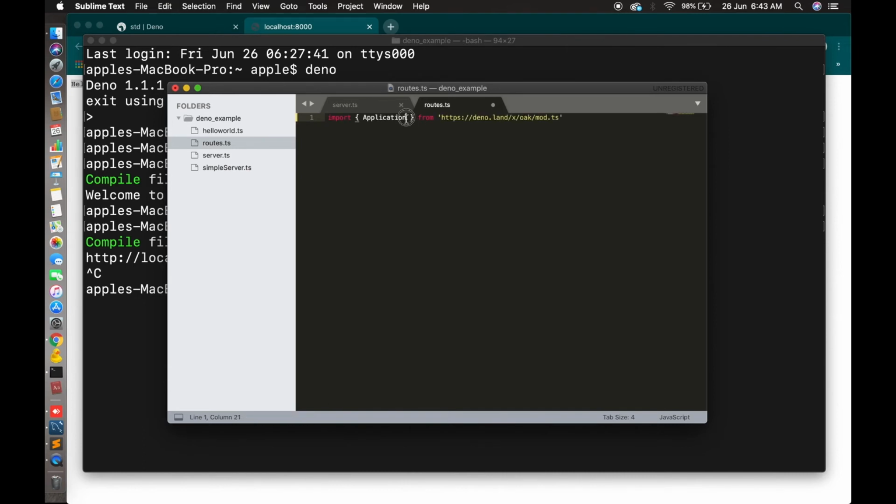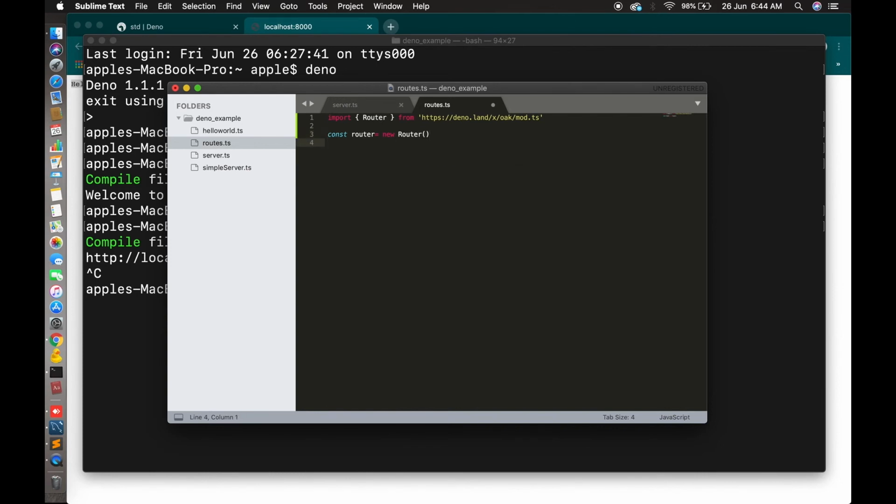Instead of application, just call the router. Next we'll create the router here: const router, call your class Router. This is the object we have to create, new Router.